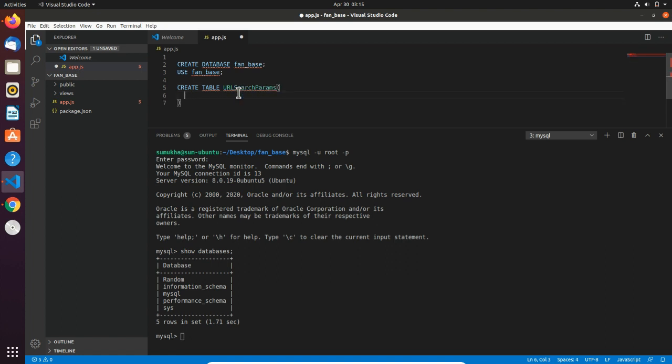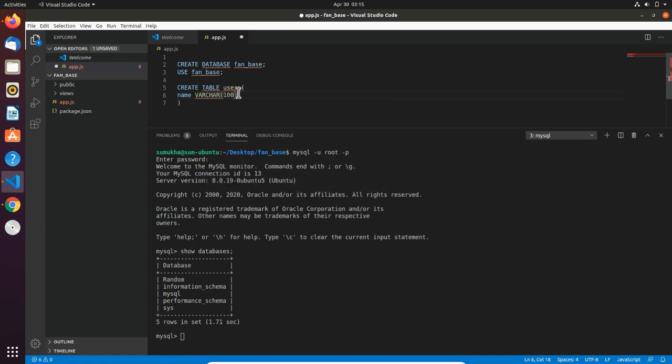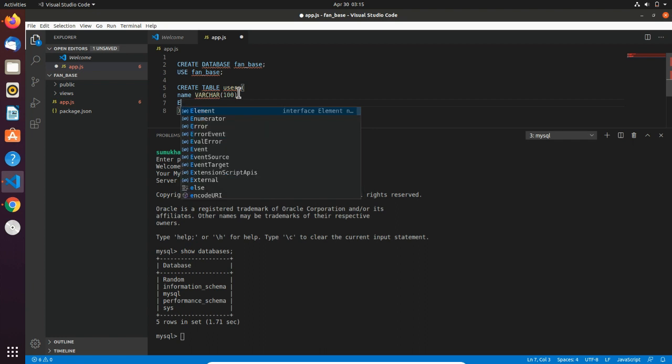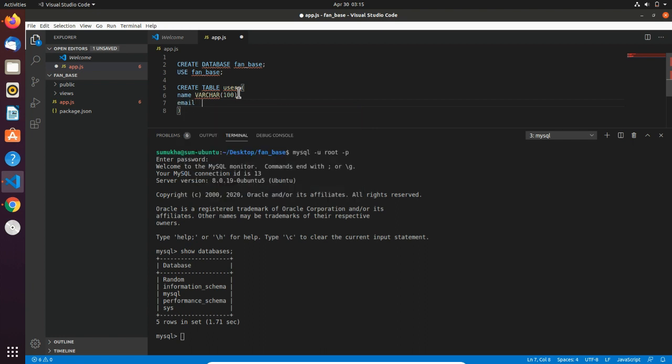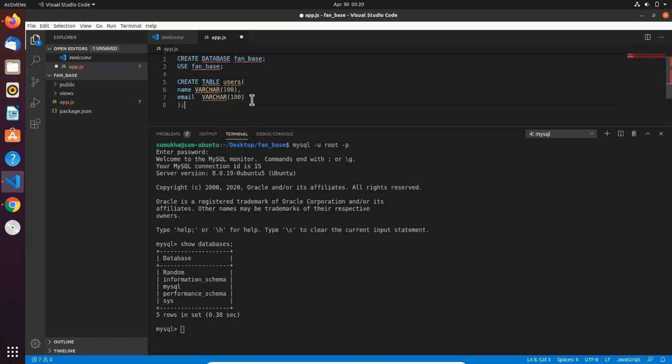This users table should contain name, which is of type varchar, and email, which is again of type varchar. Put a semicolon.